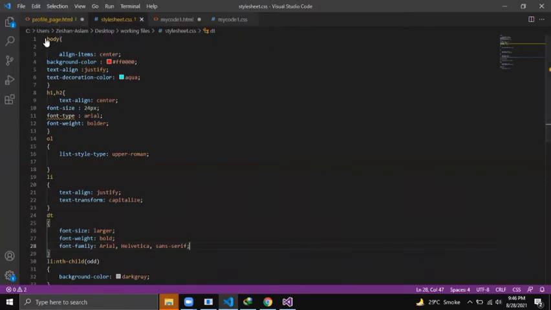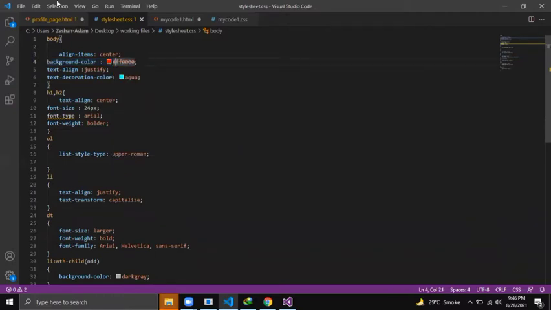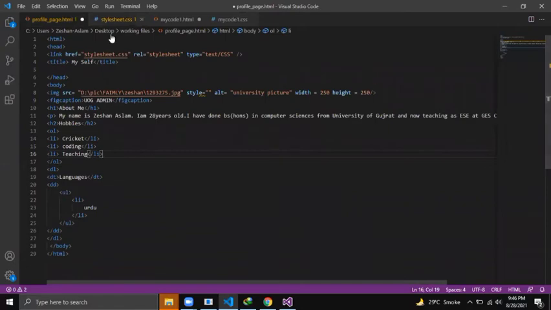You can see that it has the name stylesheet.css. Here is the body tag reference where I have defined background-color as red. FF means 255. And this file is linked here with link, href,